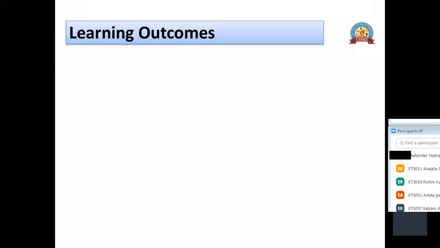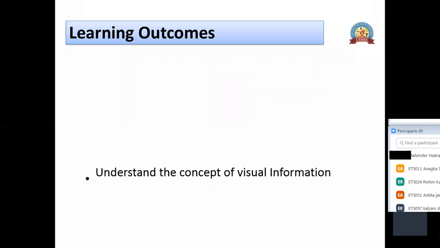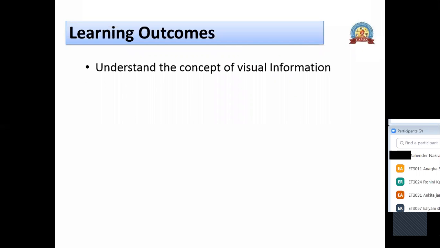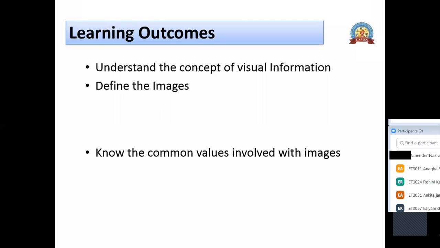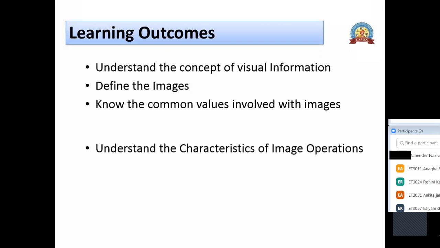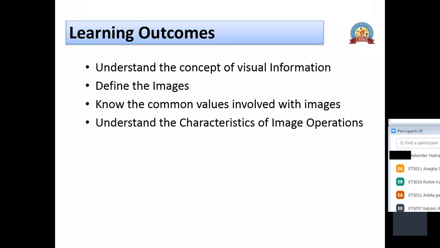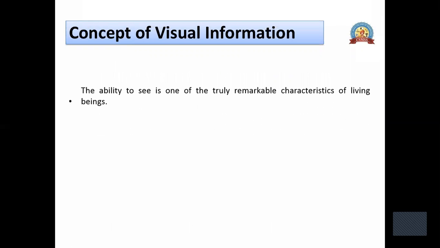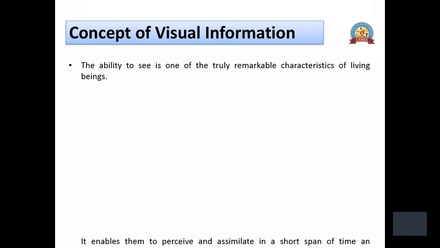the visualization concept. Okay. So what is visual information? What is an image? Then we went through the common values which are involved in image processing, and then we will understand the characteristics of image operations. Okay, so we went through this in our last lecture, the concept of visual information, in which we went through